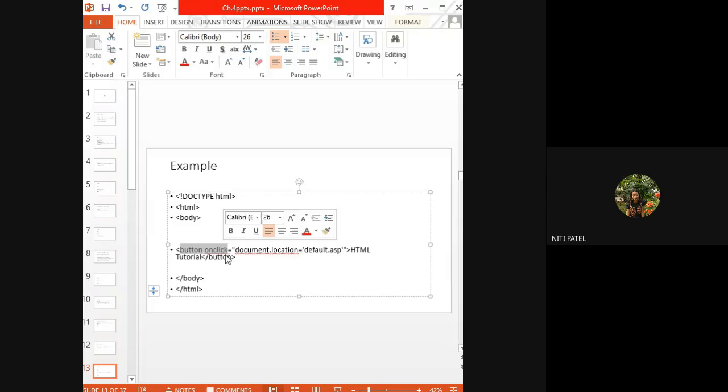Okay, so the button is opened over here, this entire thing is to open the button, and this is a tag to close the button. Then you have closed your body, you have closed your HTML. Okay, so where is this button? This button is inside your HTML page. Okay, have you understood up till here? Yes, ma'am. Let us copy this code and see what is going to happen when we run it.